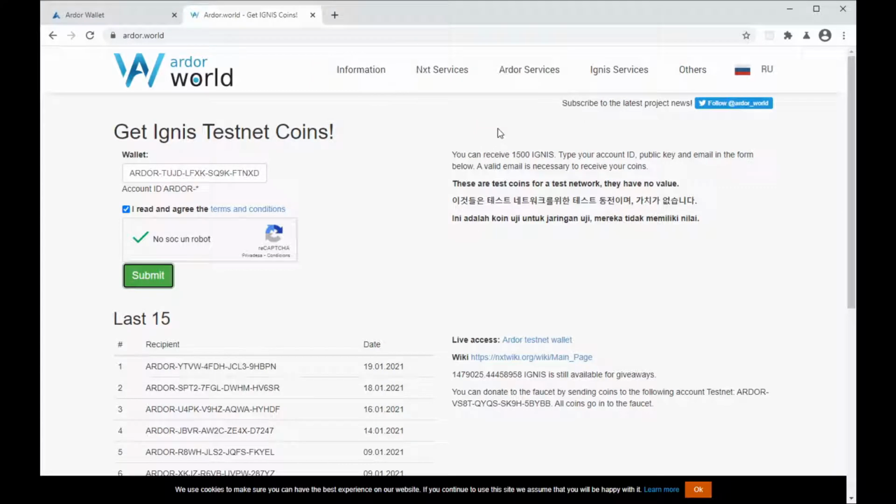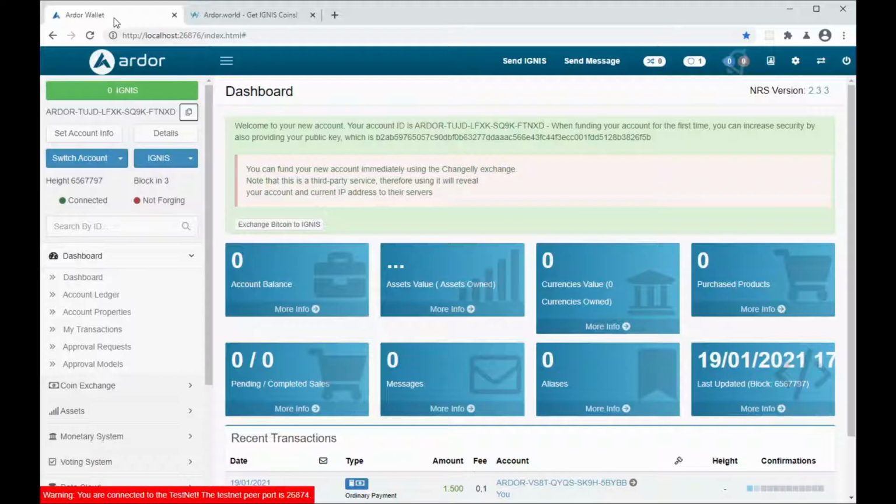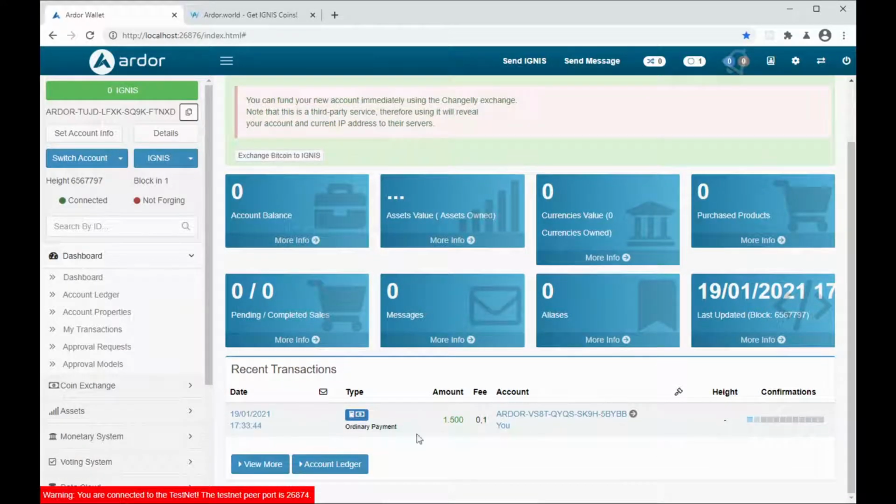And this service is saying, okay, I've sent you these testnet coins to this account. So let's check, and we can see here already the transfer of 1500 ignis is on its way to my new account. This is still not confirmed on any block, so height is still missing.